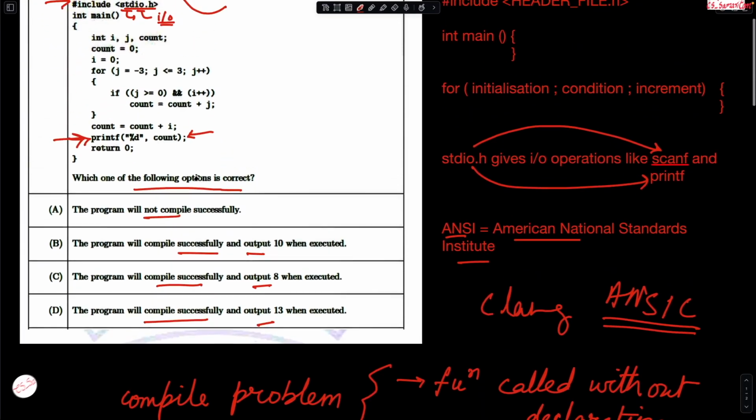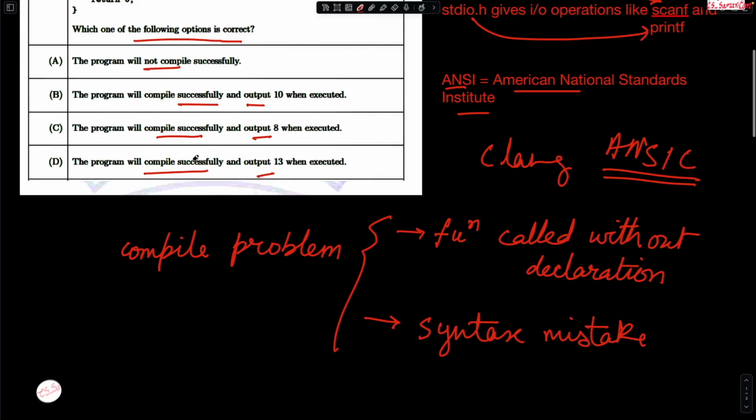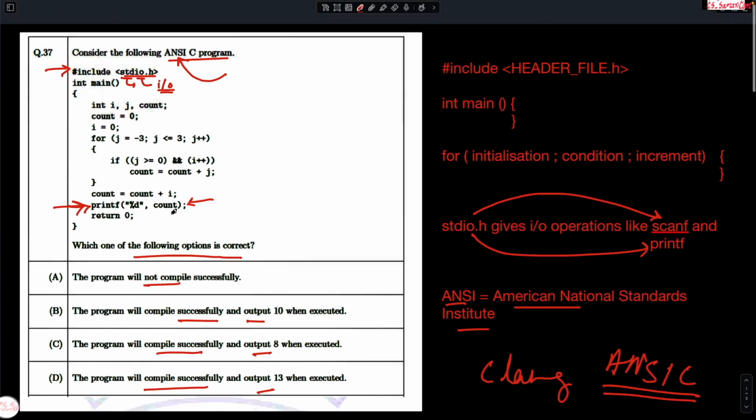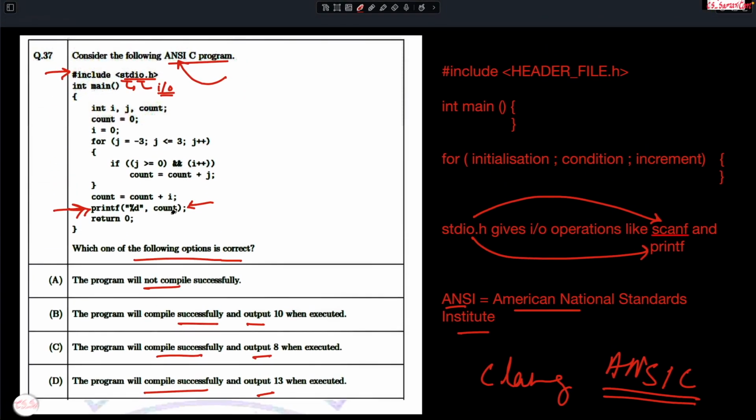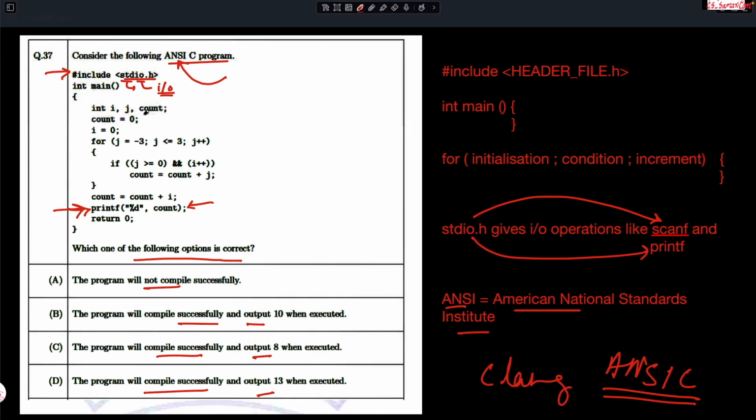Okay, so are there any other function calls happening in this main function? Not really. So this category of compilation problem is not possible. Now a syntax mistake, that could happen. A syntax mistake is kind of tricky because at every single statement, if at any point even a single semicolon is missing, suppose at this statement, it is going to give you a compilation error, right? So you have to go through every single statement and be very punctual on that,